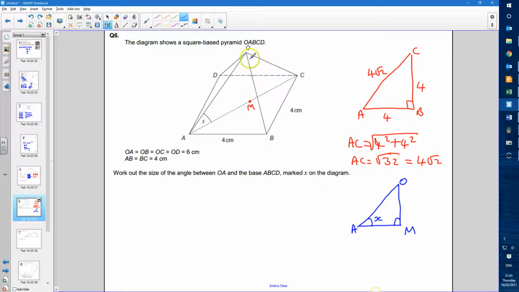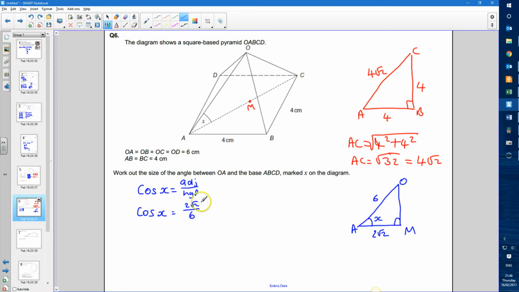Now I know OA, that's given to me, is 6 centimeters, so that is going to be 6, and I know AM because it's half of AC. AC was 4 root 2, we worked that out earlier. So if AM is half of 4 root 2, it's going to be 2 root 2. So I've now got a right angle triangle with an unknown angle, but I know the adjacent side and the hypotenuse. So the cosine of this angle X is adjacent divided by hypotenuse, which tells me that the cosine of the angle X is going to be equal to 2 root 2